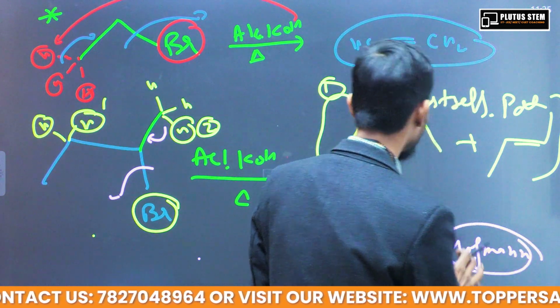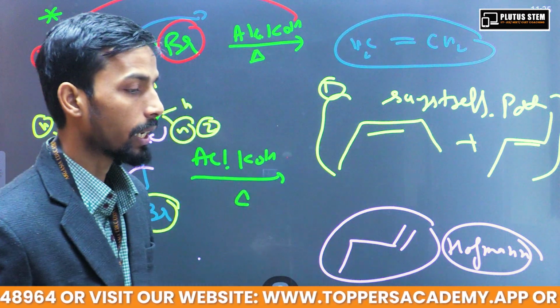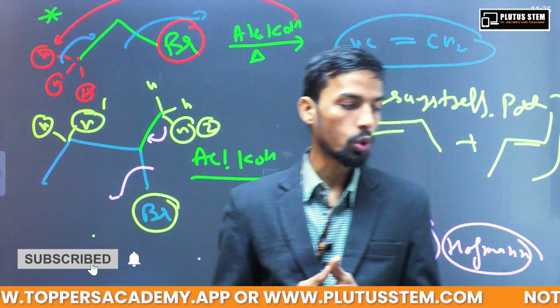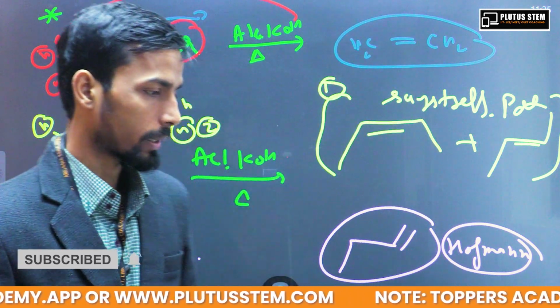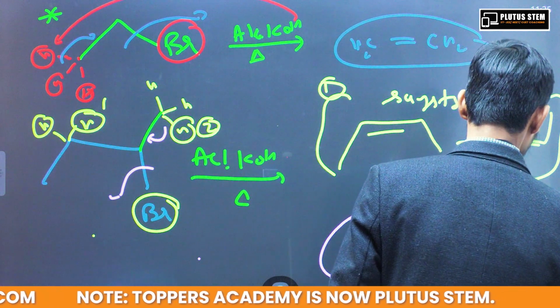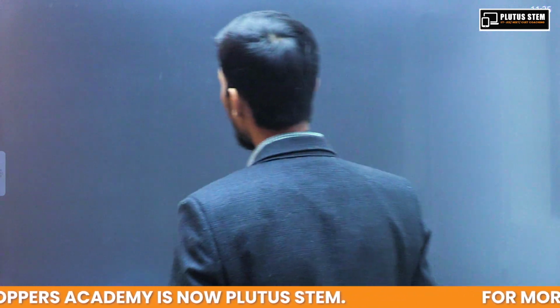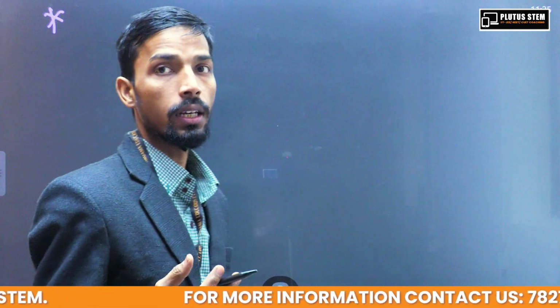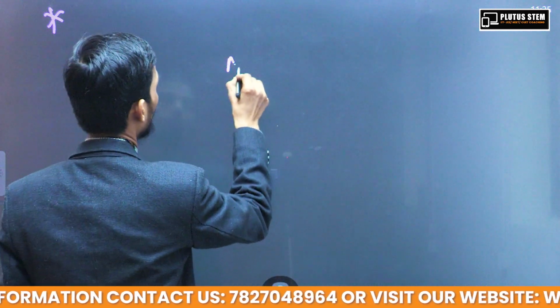Hofmann product, or you can say less stable product, or you can say these are going to be our minor product. So these are going to be our minor product. One or two more important things: if we are having a very strong base such as NaNH2